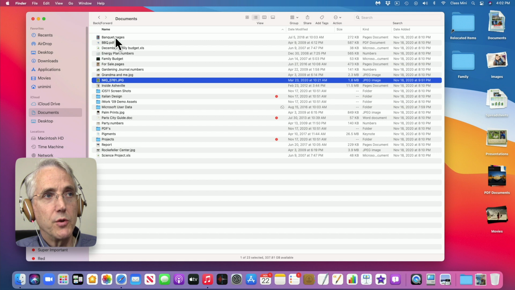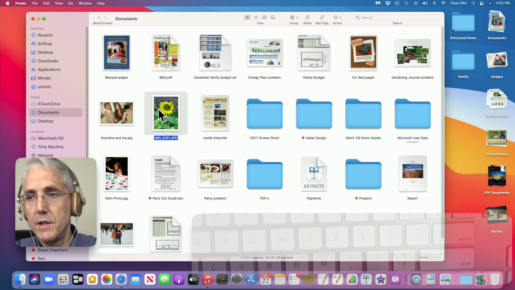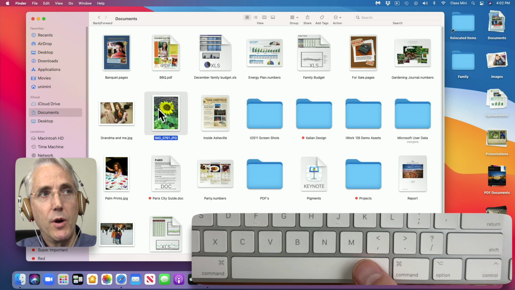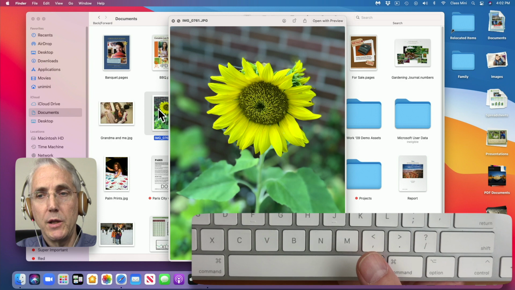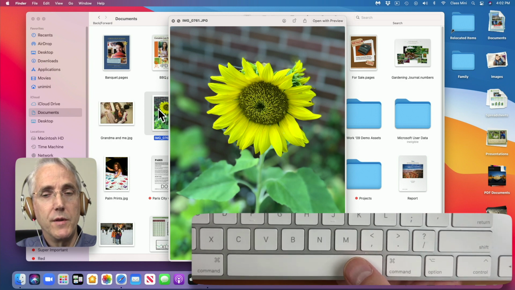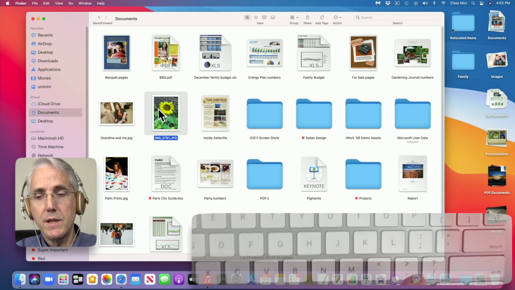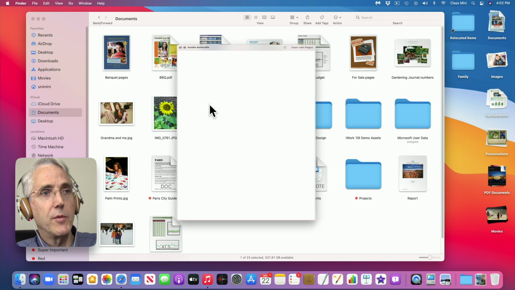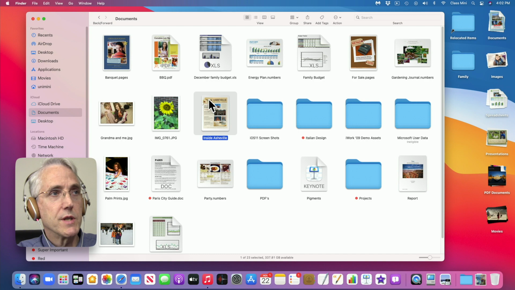One last thing I want to show you is that all the different views, whether you're in the icon view or the list view or the column view, or to a lesser extent the gallery view, if you tap the spacebar when you have a file selected, it will go into what Apple calls Quick Look, and then one more tap of the spacebar makes it go out of Quick Look. So you don't have to wait for a program to open. You just get a quick look of the document, tap it again, and again this works in all the different